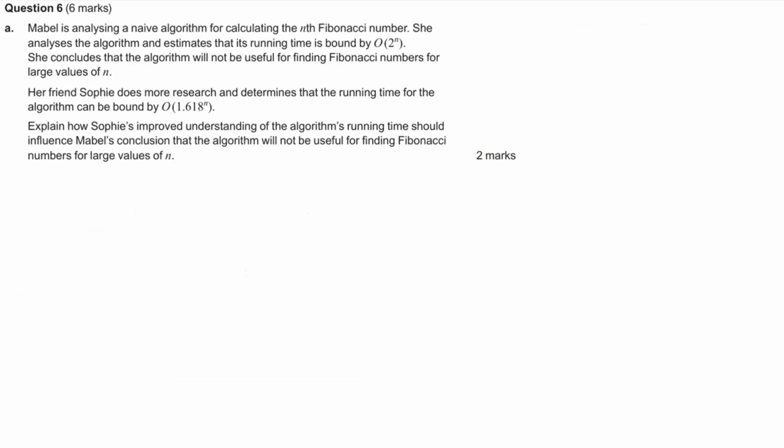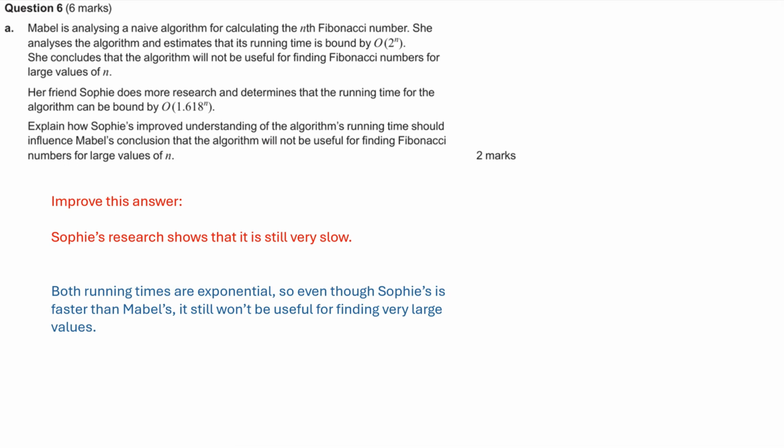Okay, what do we think? Now this answer is correct, but it's definitely not everything. I think we're trying to show off. Are there any numbers we're told? Yeah, kind of. I mean, we can see it's better. It's kind of implied in the red answer that, well, it's better, but it's still very slow. I would want to see something like it's exponential. Both running times are exponential. So we know that Sophie's is slightly better, but still no good for finding very large numbers because both of